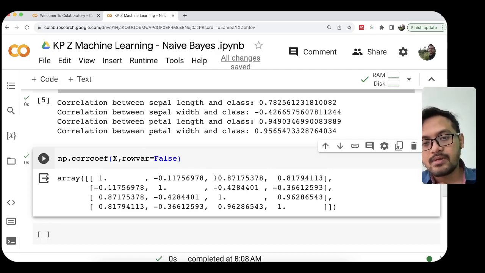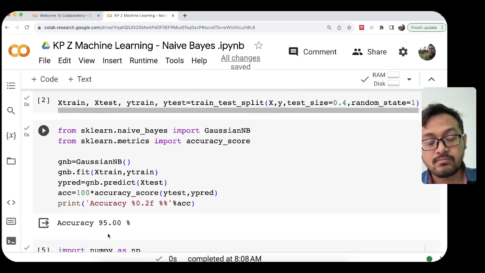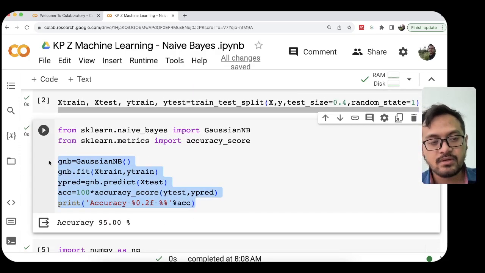Based on the assumption that the naive Bayes classifier assumes all features are independent, we only use the third feature, which is petal length, because it has the highest correlation with the other features. So we don't need the other features.